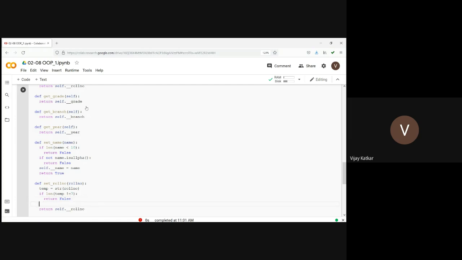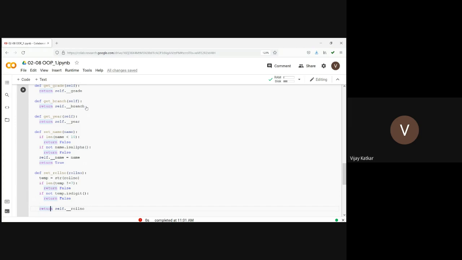Then, Python can take any data type, but we must check whether it's a number or not, and it will be an integer. It will not be a floating point number or anything else. So how can I check it? If temp.isdigit, if it is not digit, then we should return false.